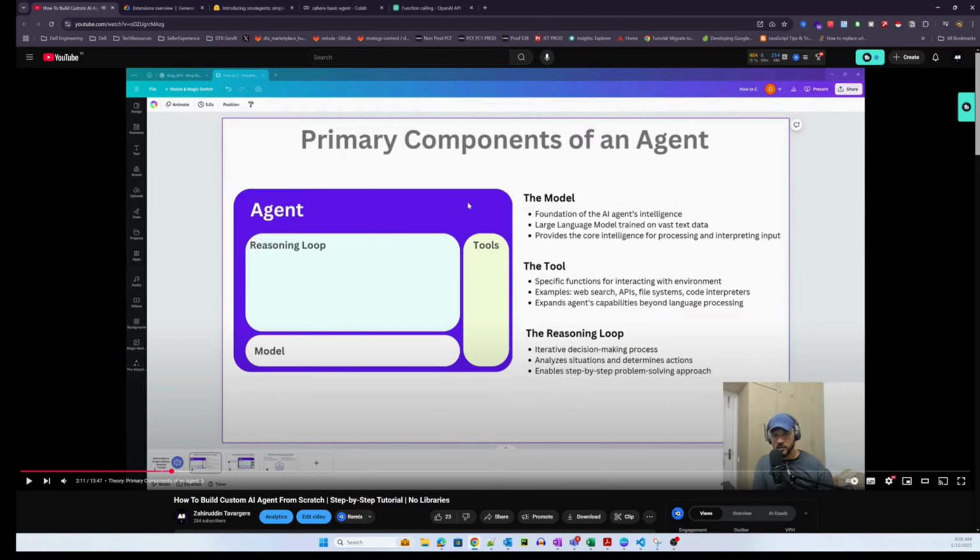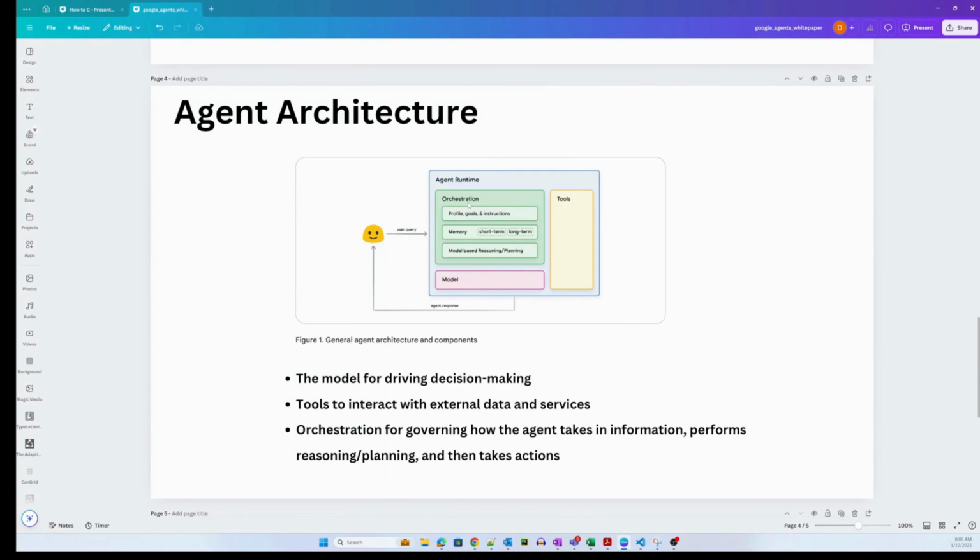Yeah, so this particular architecture is something that I had seen in one of the technical sessions in Bangalore, and I had this just stuck with me. I thought this was a very simple illustration of what an agent architecture should look like, at least the agentic runtime. And they have essentially elaborated on that. So earlier, they would call that a reasoning loop, but now they're calling it the orchestration layer.